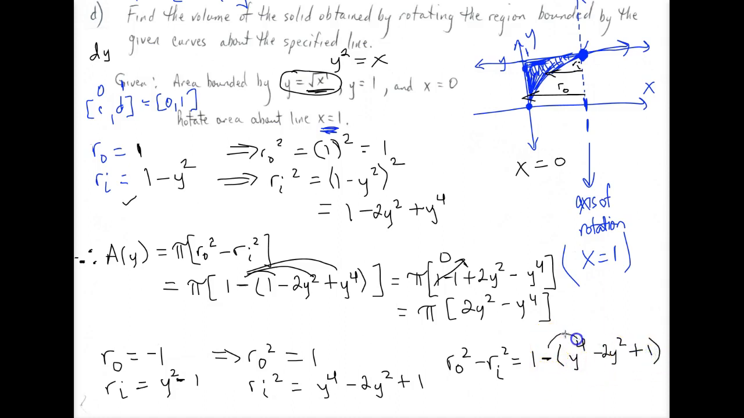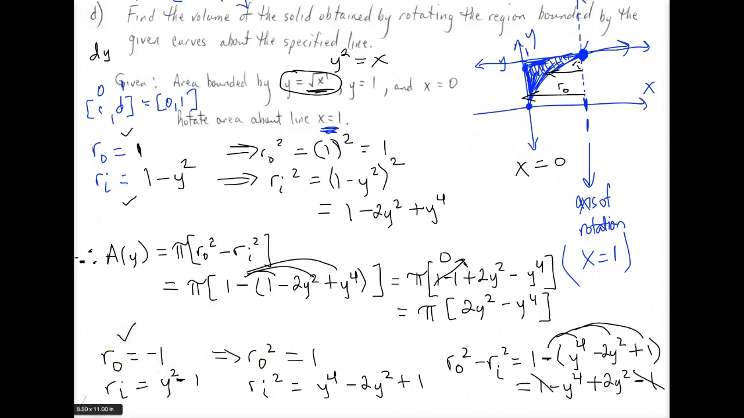And then, of course, when we distribute, you'll see that we have 1 minus y to the fourth plus 2y squared minus 1. And this 1 and that minus 1 go to 0. And you still see that we have a positive 2y squared and a minus y to the fourth. So that's why I was saying, regardless of whether we use this or this, we would get the same thing. Okay. So I'm going to go ahead and erase this bottom part here, and then after that, we'll go ahead